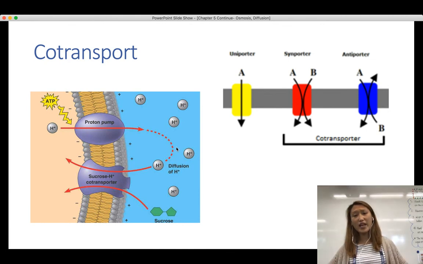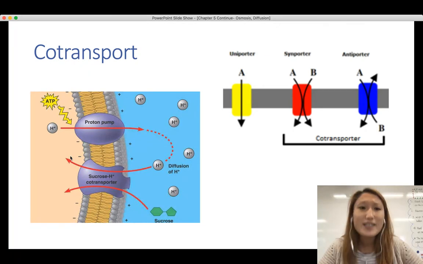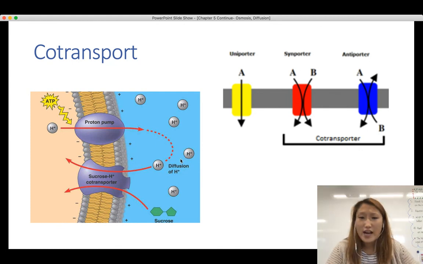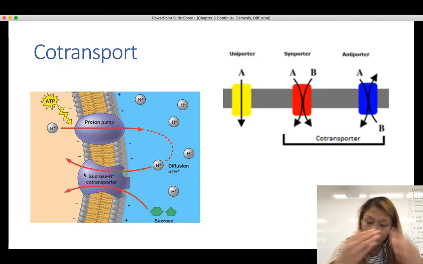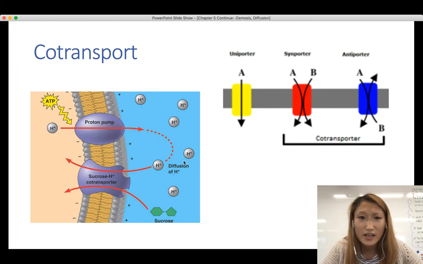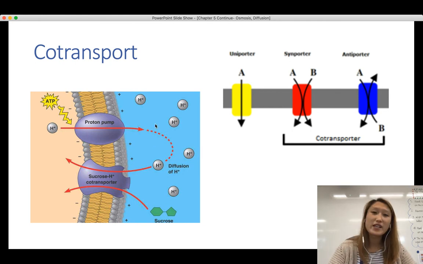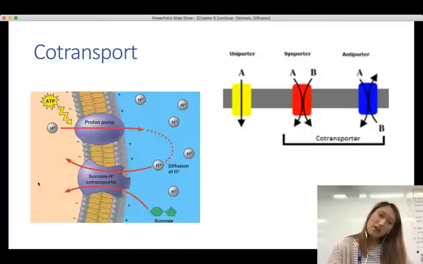So then given the chance, right, if you open up another door to allow these hydrogen ions to go back into the cell, it will do that, right? First, it's going to follow the concentration gradient. It will follow high to low if given the chance. If there's a channel being opened up, the hydrogen will do that, right? But there's also the positive and negative charge. The hydrogen ions will naturally want to go to the negatively charged side of the cell because they're positive, attracted to the negative, right? So hydrogen will do that just given the chance, right? But the really good thing is that when hydrogen is flowing back into the cell, high to low concentration